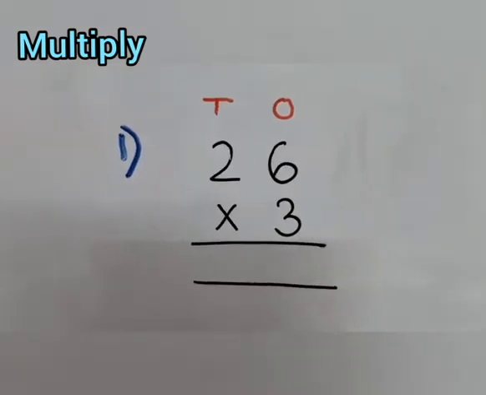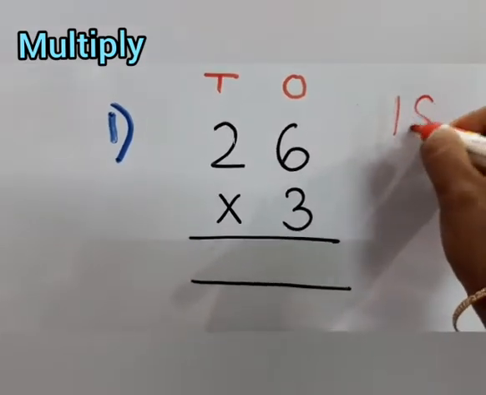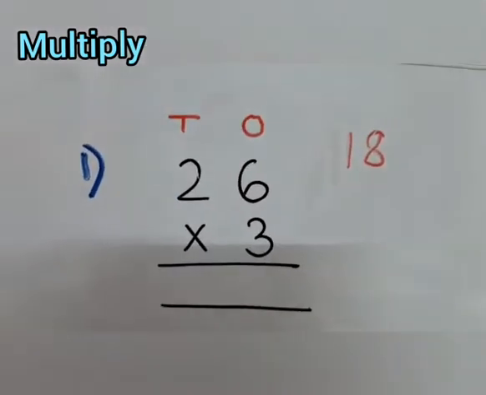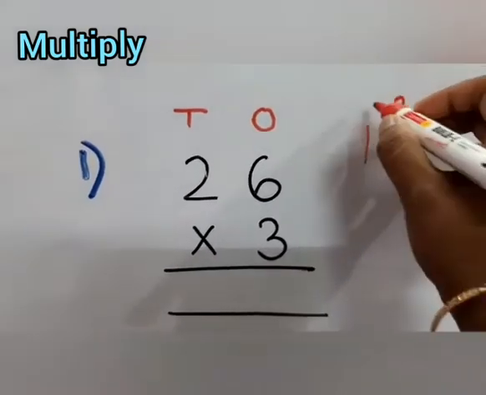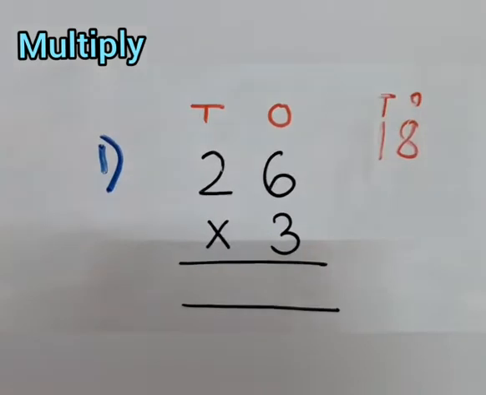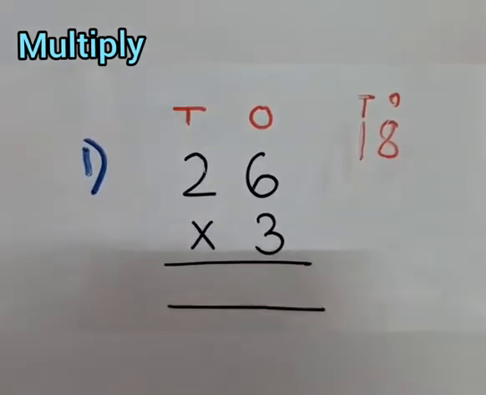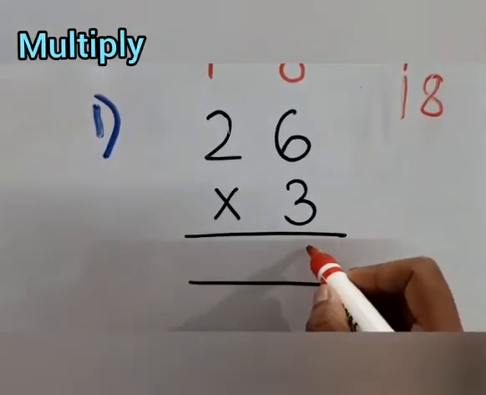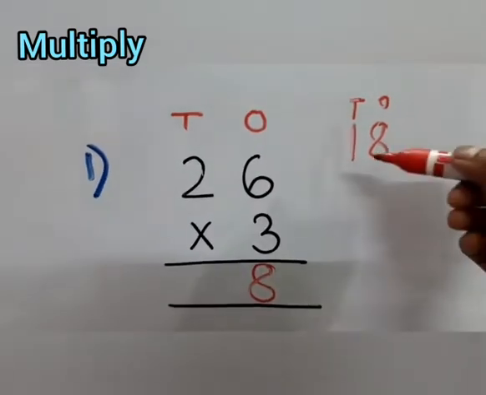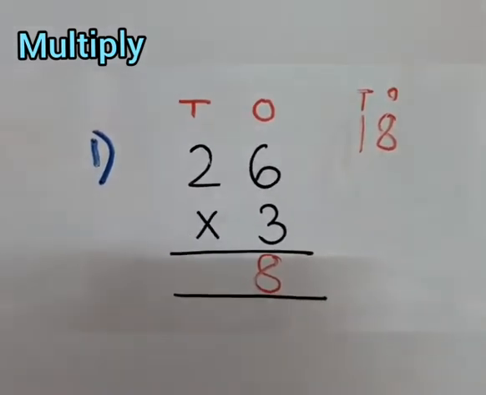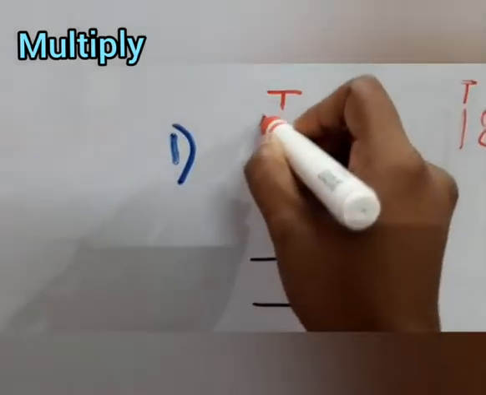No, children. This is something new that you have to learn here. We are writing 18 here, means 3 6s are 18. And from 18, this is the ones digit number and this is the tens digit number. Now from 18, the ones digit number is 8. So 8 we will write here. And in tens place what we have? 1. This 1 will be carried to tens place here.